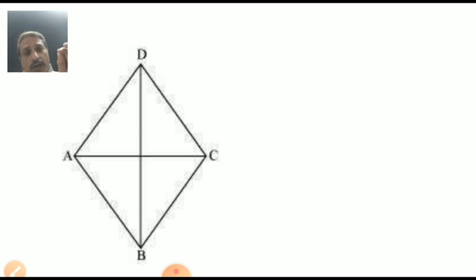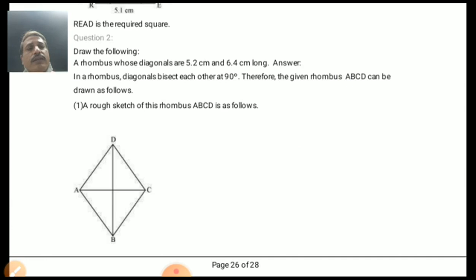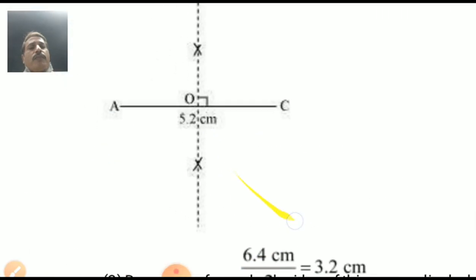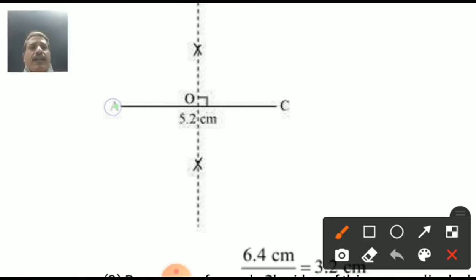READ, JUMP, GOLD, BAND. You can follow that one. Rough sketch is ready. 2 diagonals. We can start from the first one, 5.2 as a base AC. Bisect. I said number of times and once again I can take it. Point A is a base. More than half of this AC. Half से ज़्यादा लेने का, एक point ऊपर एक point नीचे.